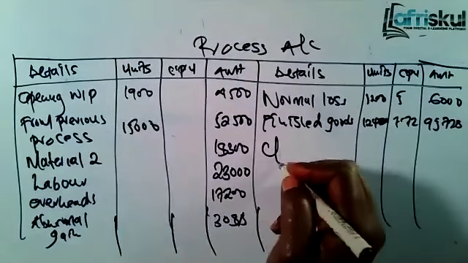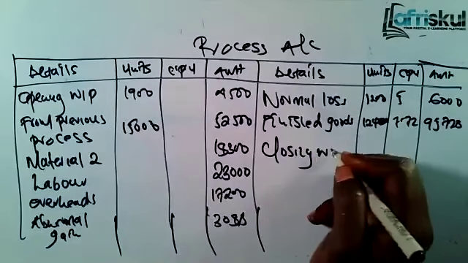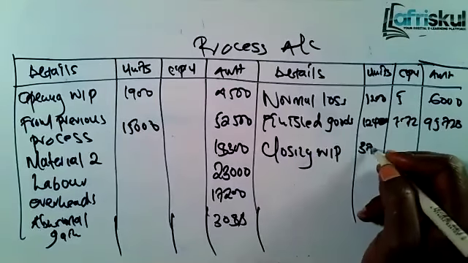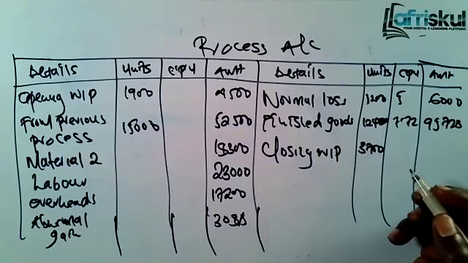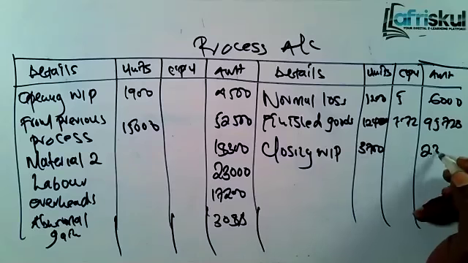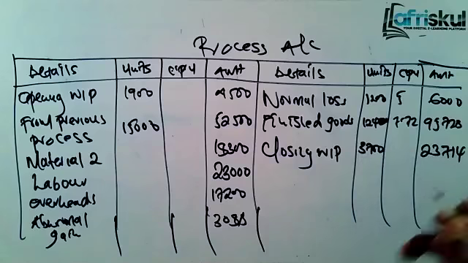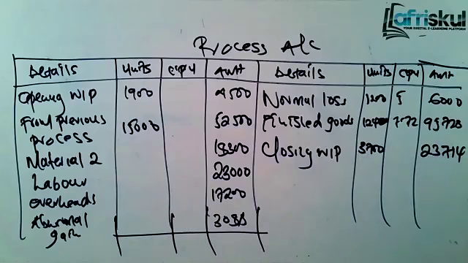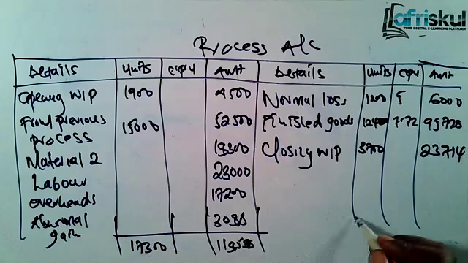And then closing WIP, which was 3,700. We had done the valuation, which was 23,714. And then you add this one, which would be 17,300. And this is 11,85,88. And this one is